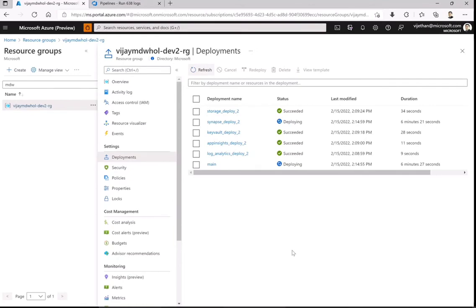Contributor will also do, but as I've already said, depending upon the jobs like Synapse, storage account, key vault, it may require privileged access, so you have to get that sorted if it is failing for any reason on access issues.